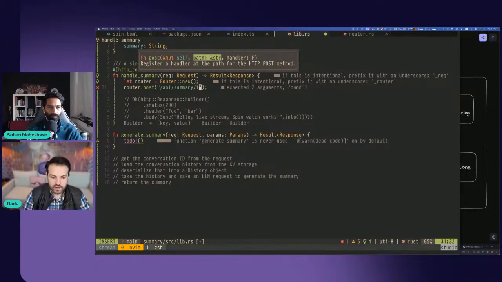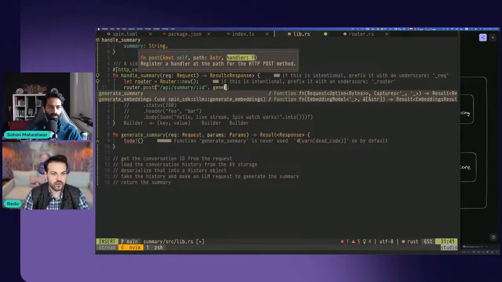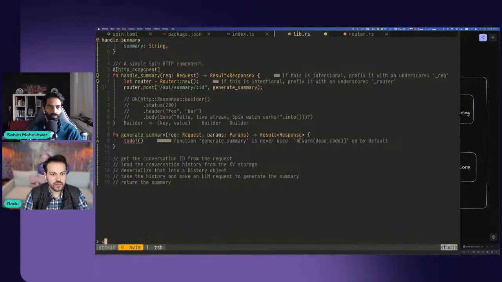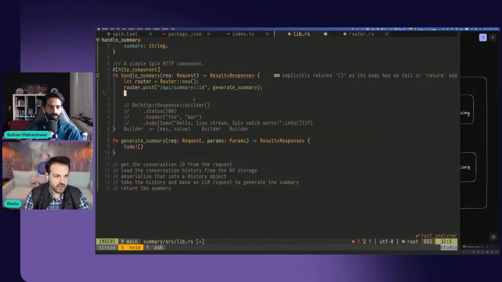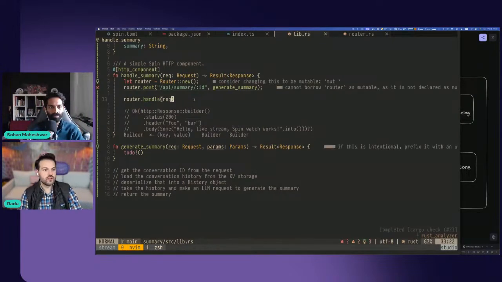So we're just going to define that as a path parameter. And then the function that we want to be executed here is generate summary. Define that function. And now we need to tell our handle summary component router.handle and pass the request. And so